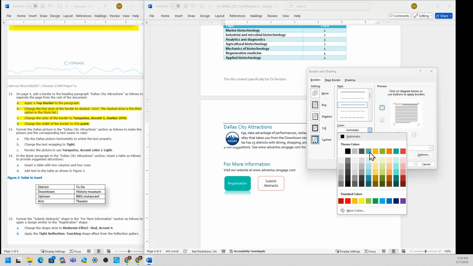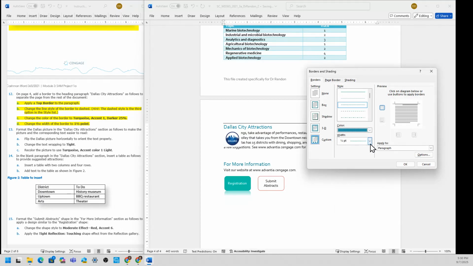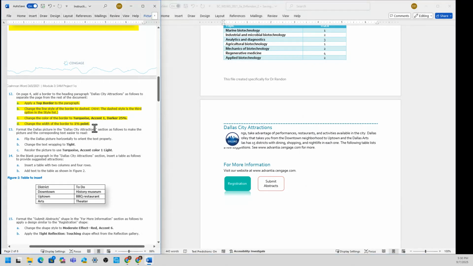So which one is turquoise? Turquoise accent 1. And go here, turquoise is 40%, so maybe this is turquoise accent 1 lighter 60. I need darker 25%. So it could be turquoise accent 1 darker 25%. This is what I need, so click it once. And then the width of the borders is 1.5. And then select the top border. There you go. Click OK. Now,